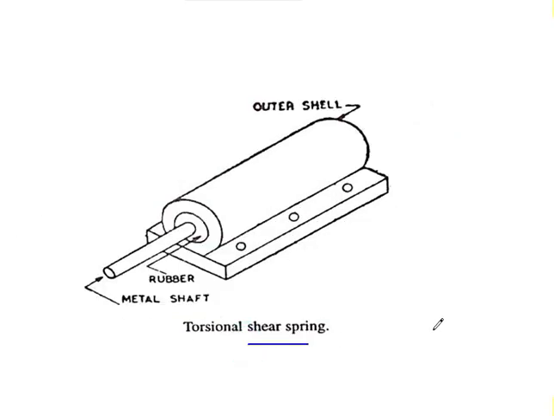This is a schematic diagram of torsional shear spring. It consists of an inner metal shaft, tubular or solid, and an outer trough-like shell between which rubber body is bonded, the latter being put under pressure by closing the trough with a riveted or spot welded base plate. The spring operates by the rotation of the shaft about its own axis relative to the shell. So these are all about various types of rubber springs that are used for vehicles.